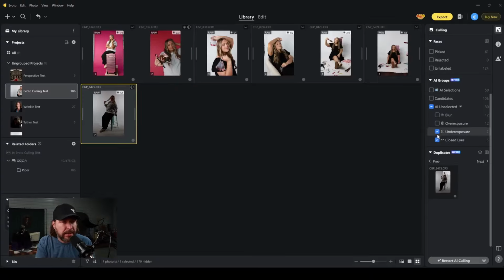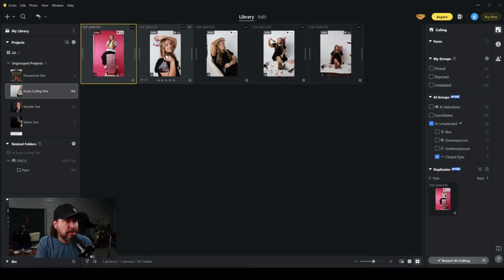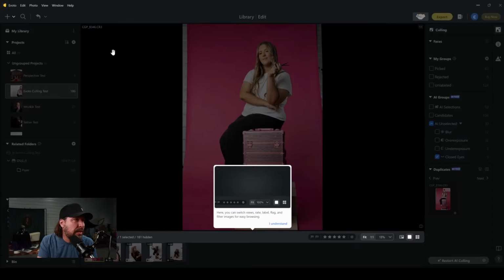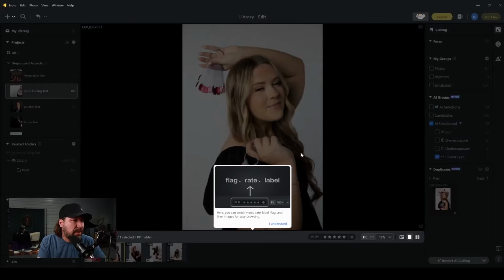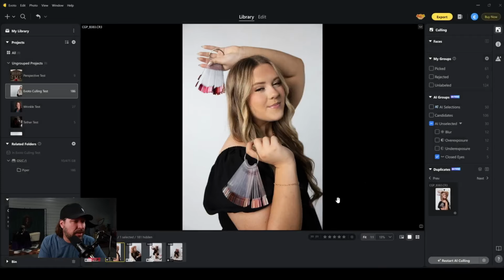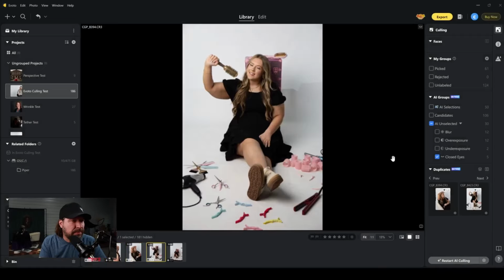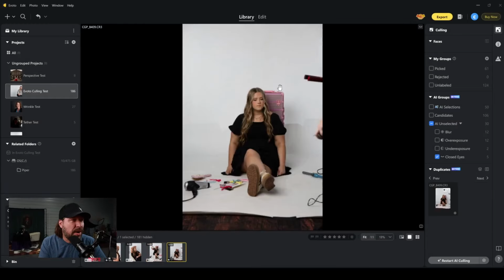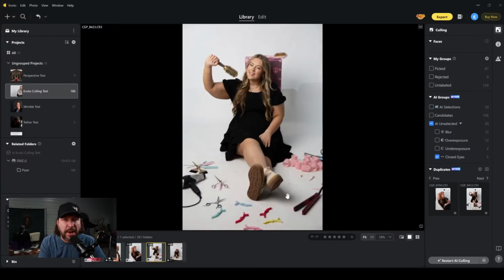Closed eyes. Let's look at the closed eyes ones. Here's ones with closed eyes. These all legitimately look like blinks to me. Yeah. These are all half blinks. Oh, here's a good, like, just test shot of her sitting there. You can see my wife's hand is in the frame. I was probably just testing lighting, but